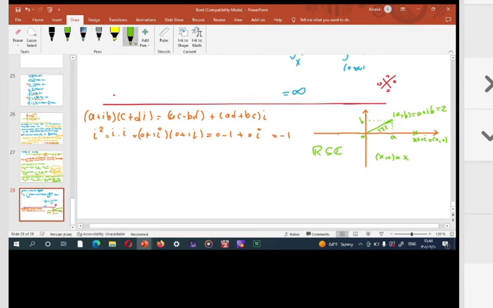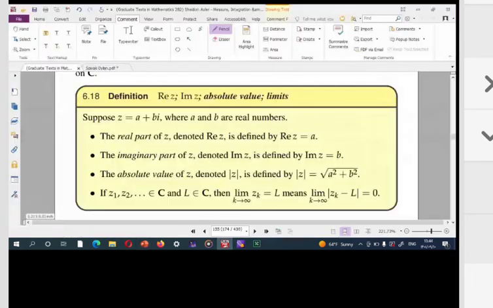Okay, and for any sequence in complex numbers and any element of complex numbers, this limit means the limit of this distance equals 0. This is the definition of limit in any metric space. Okay,